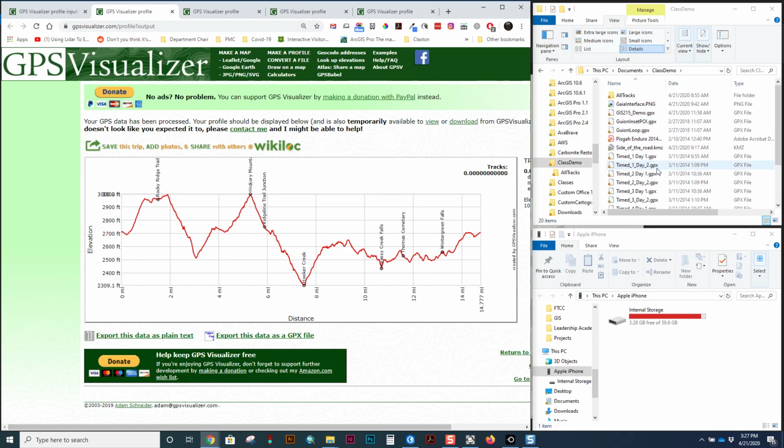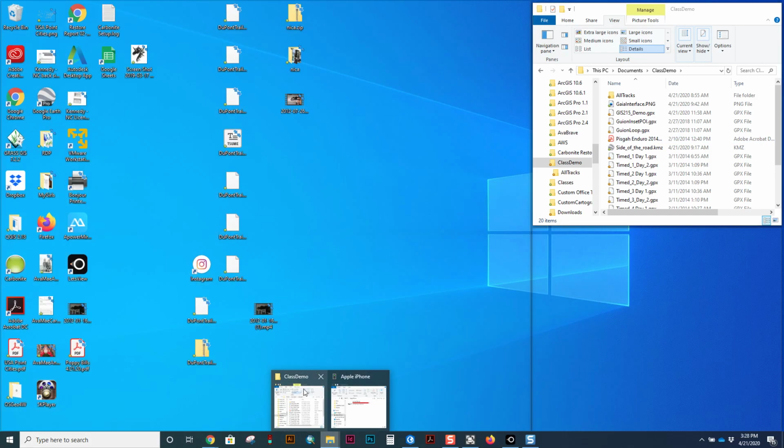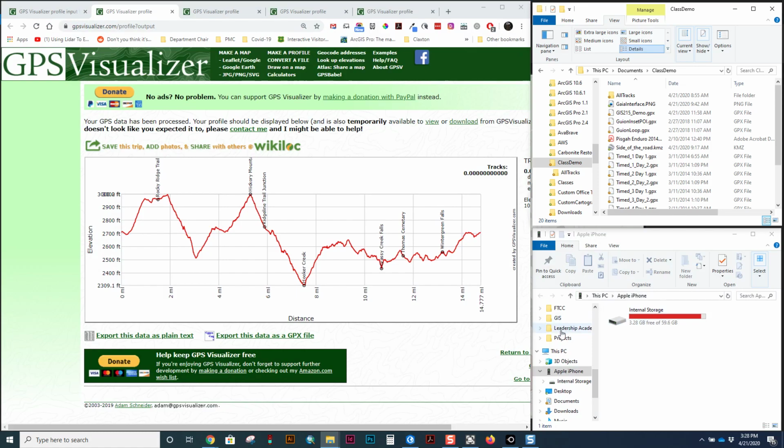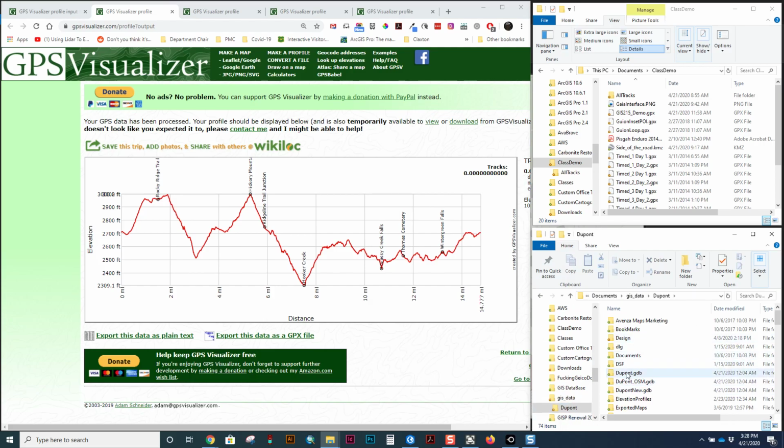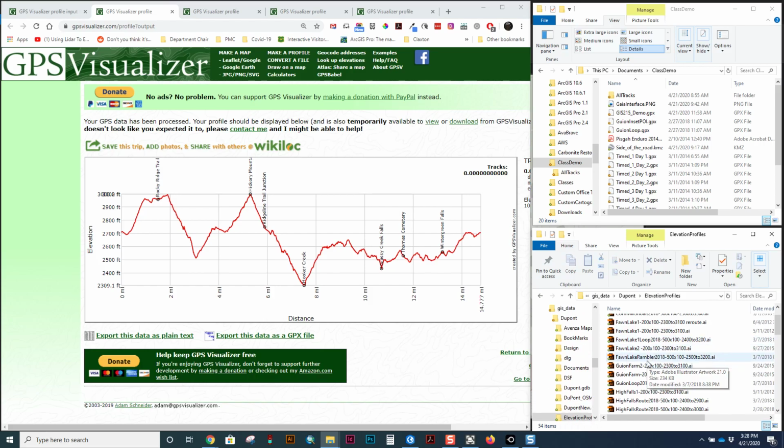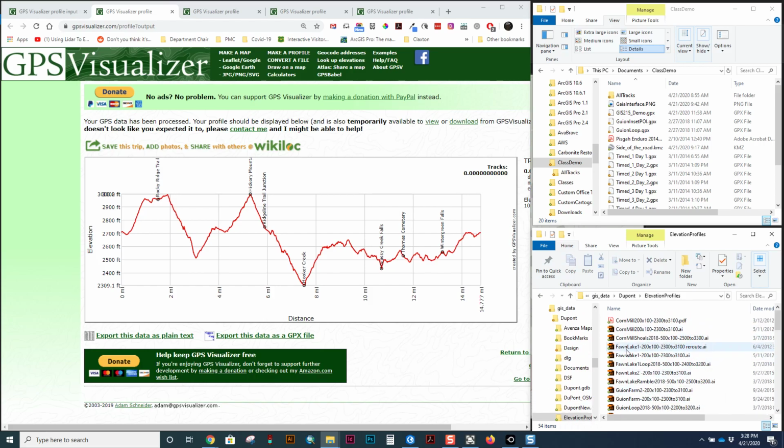If I have it, I believe I don't, so I'll have to go open this up. Give me just a second here, and I'll show you what that elevation profile looked like, and it'll show you the power, hopefully, of being able to download this file as a vector-based file, and then use it for the basis in a graphic design program to make some pretty nice